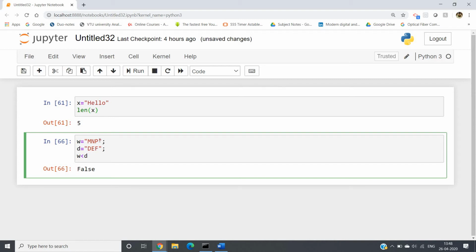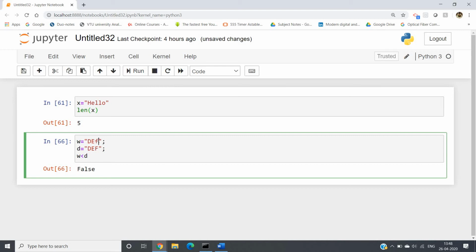Now very interesting point, that is, suppose I am writing DEF. Now you tell me which one will be greater. See, dictionary order compare, D and D same, so we have to go to next character for getting the dictionary order. Next also tie, E and E. Next one, when you will be going, small f and capital F. So now when there is only case change, that is uppercase, lowercase, then you should consider the ASCII values.